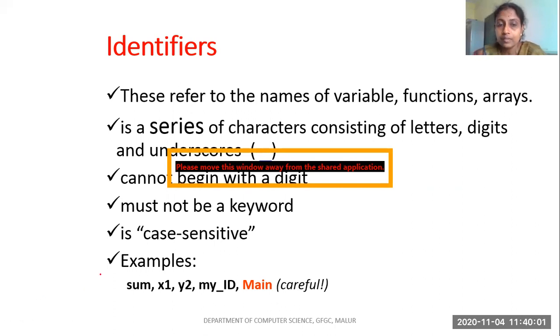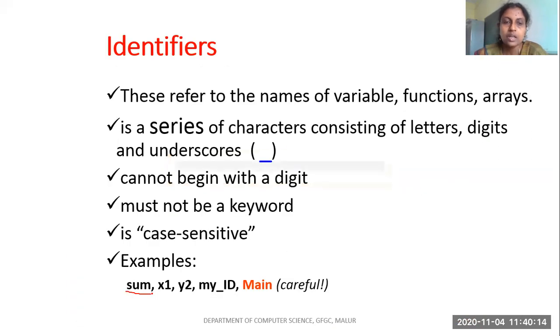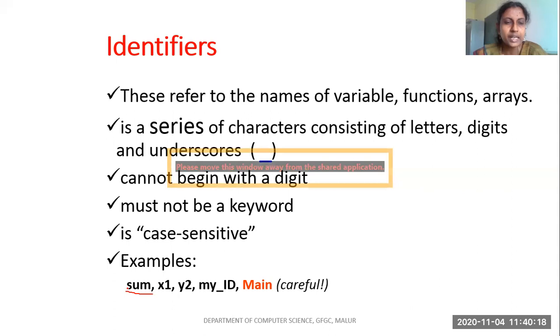Down here, I have given some examples for identifiers. You tell me whether each is correct or not. First one we will take: sum. Is it a correct identifier? Remember, sum is not a keyword, and it is following all the rules. It is starting with a character, they didn't use numbers at all, and they didn't use any special symbol.